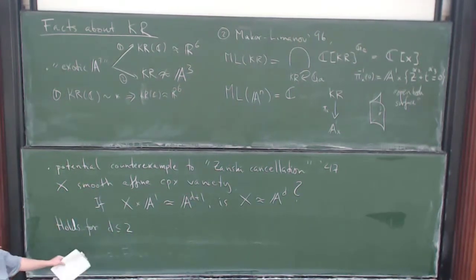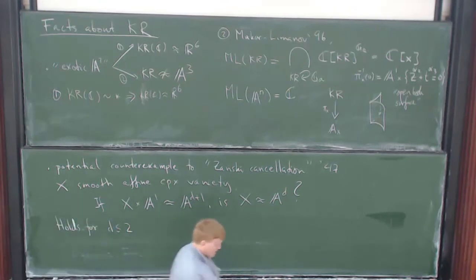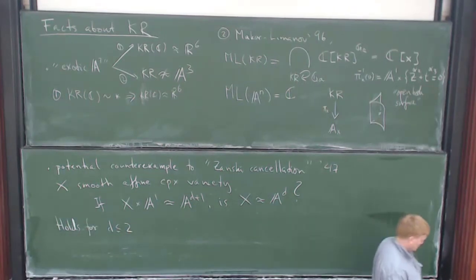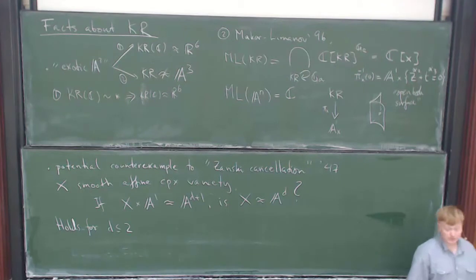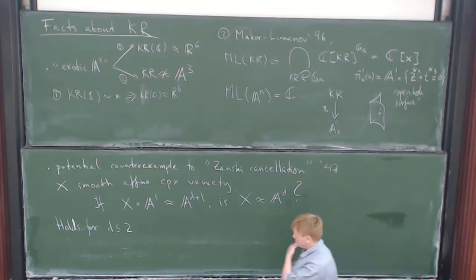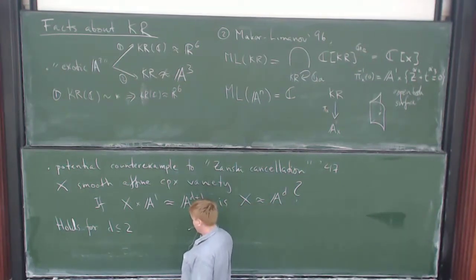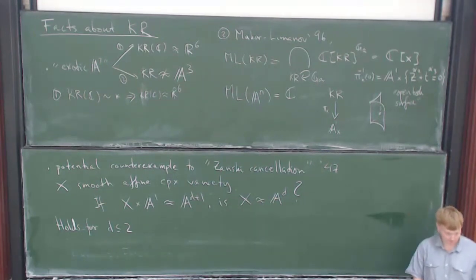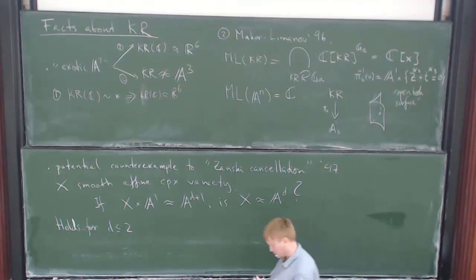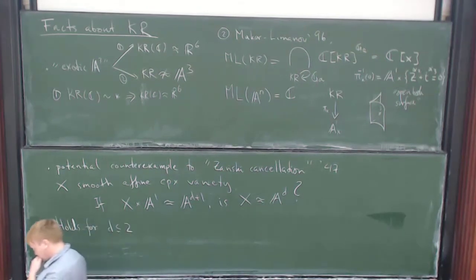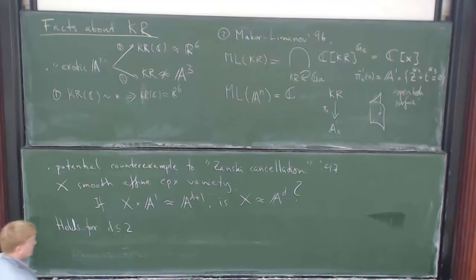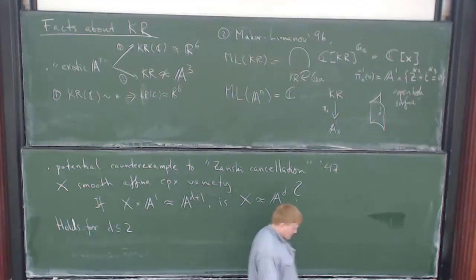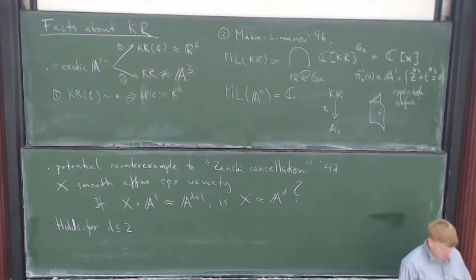So I stated this for complex varieties. If we instead work with varieties in positive characteristic, then Gupta has counterexamples in any dimension greater or equal to 3. That's quite recent, from 2013. Okay, so this Zariski cancellation conjecture or problem,